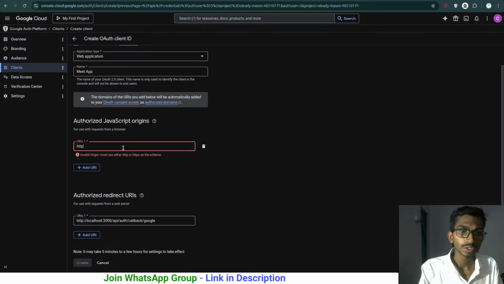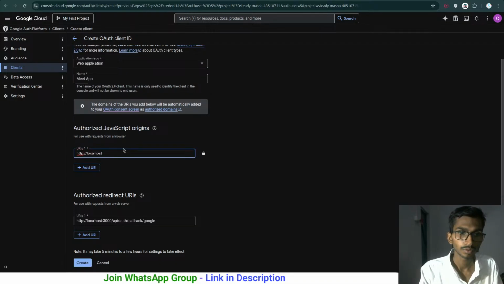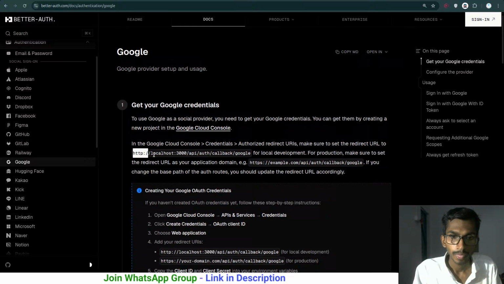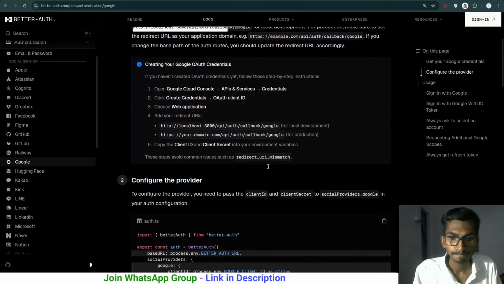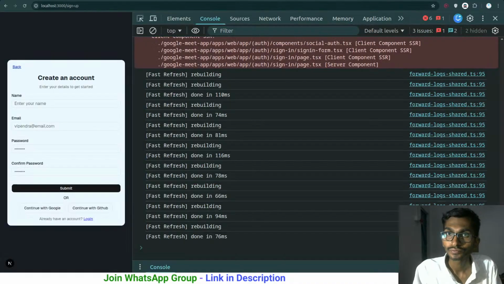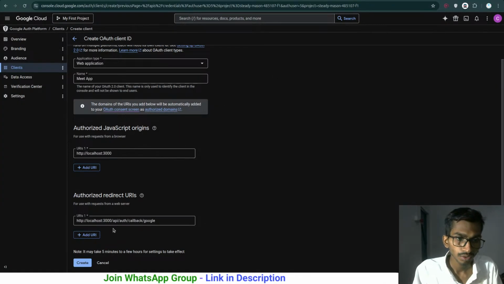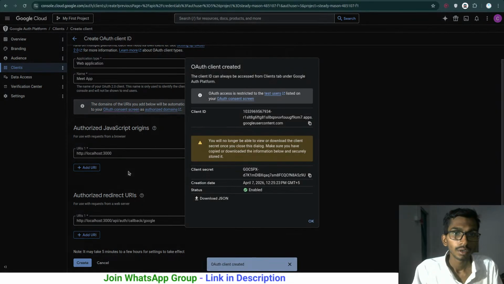So the JavaScript origin for my Next.js is 3000. So http colon localhost and 3000. Probably this should be it. If I'm not wrong, that's the right one. So coming back to this here, localhost 3000 API auth callback Google, we have added this. Let's simply create it. And once it is created, we have got the client secret over here,